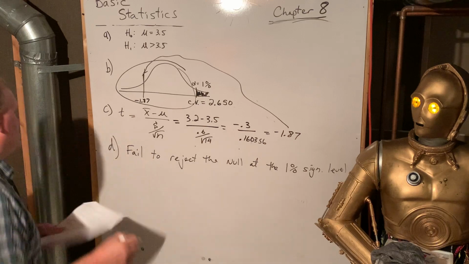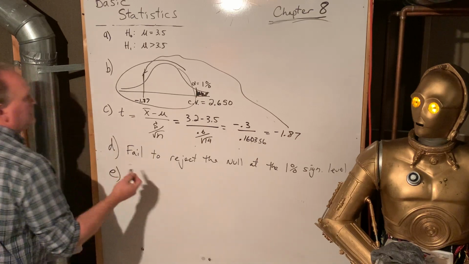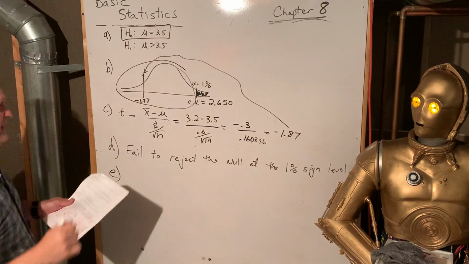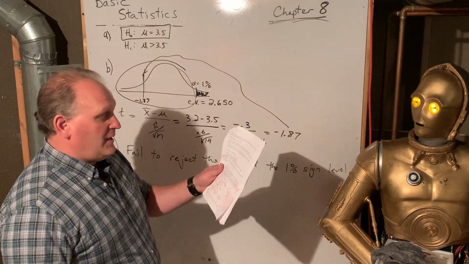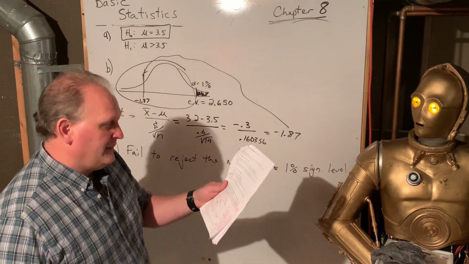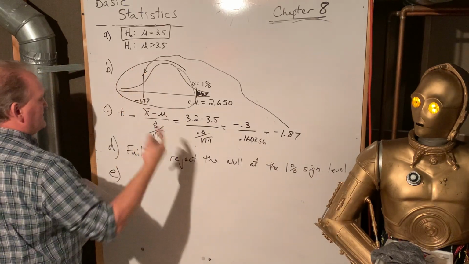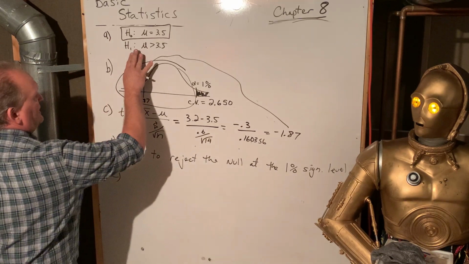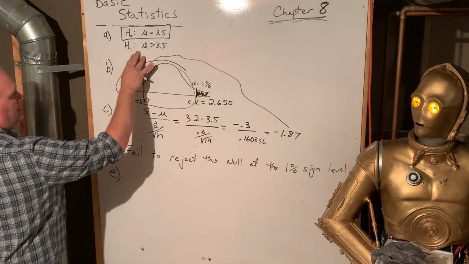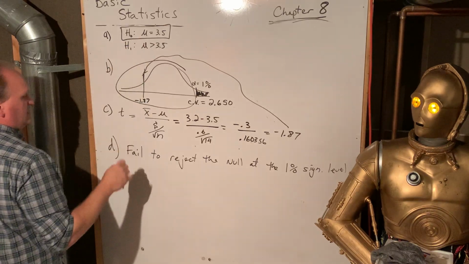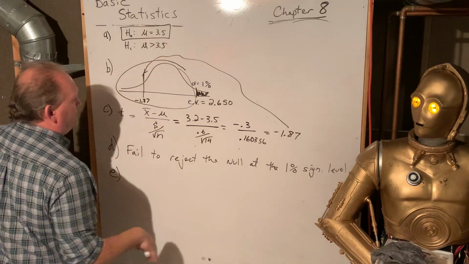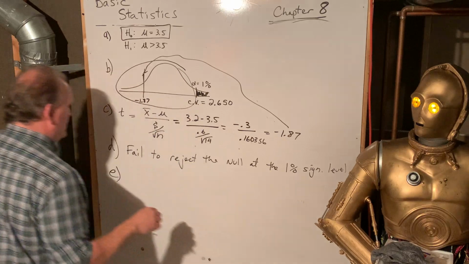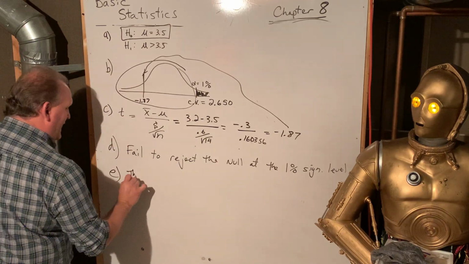All right, and then what does that mean in terms of E? Well, again, you could say this was the conclusion we made, that it's equal to 3.5, or like I said, if you had the less than or equal to 3.5, it's not that. Lots of times you'll see write-ups, and again, I'll mirror the book this time. They'll always give it in terms of the alternative hypothesis instead of the null. So instead of saying we conclude the average stay of skateboarders is 3.5 days in the hospital per year, we just say there is not enough evidence